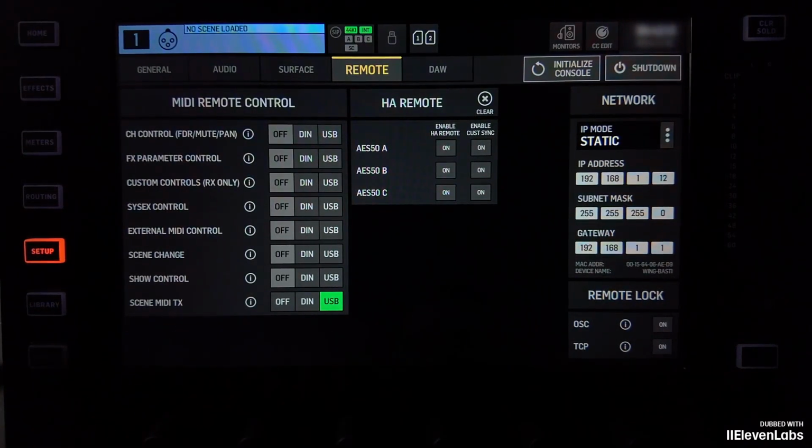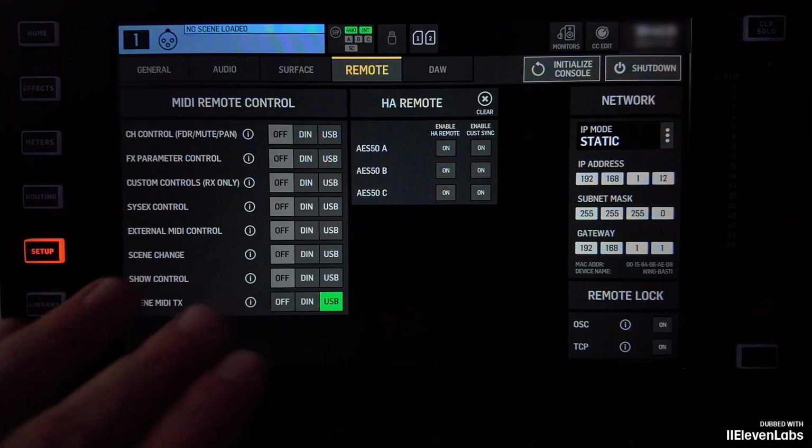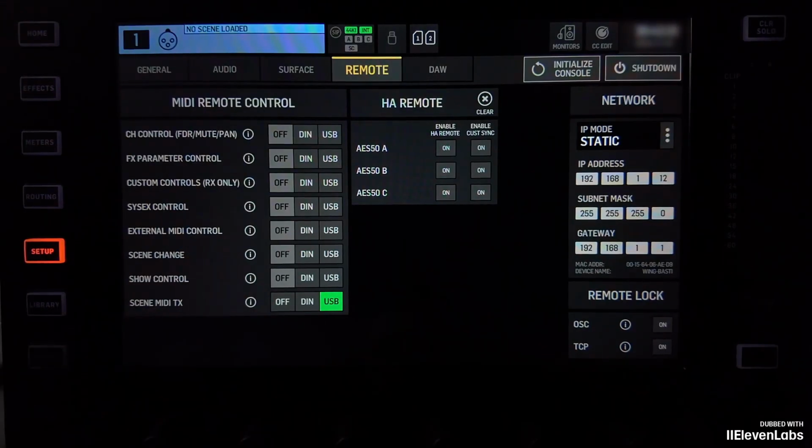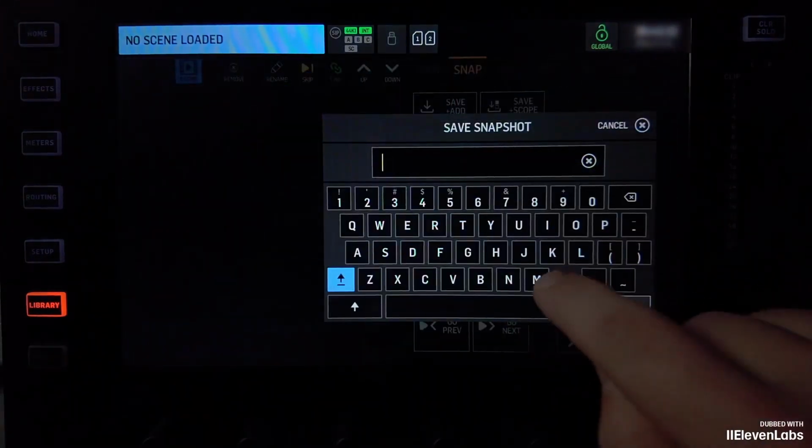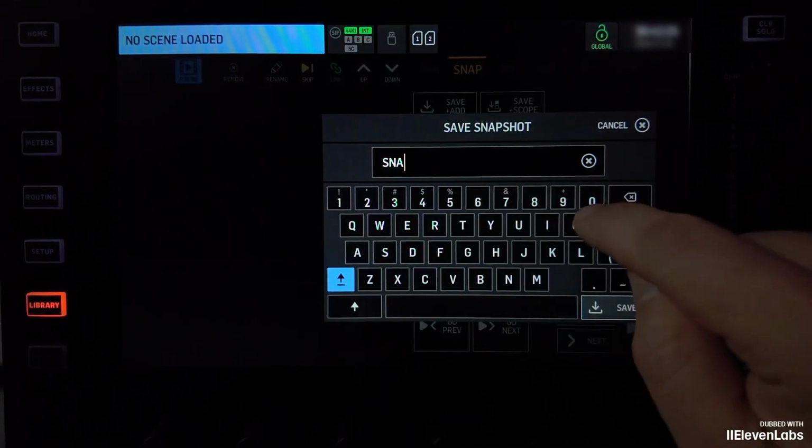So this Scene MIDI TX is saved there, and if I change it later, I will have to adjust it for each individual snap when I save it, and I don't want that. So I'll leave them and save them later as an extra snap with just these settings. So once again, save and scope, I take them out, I save, and I do.